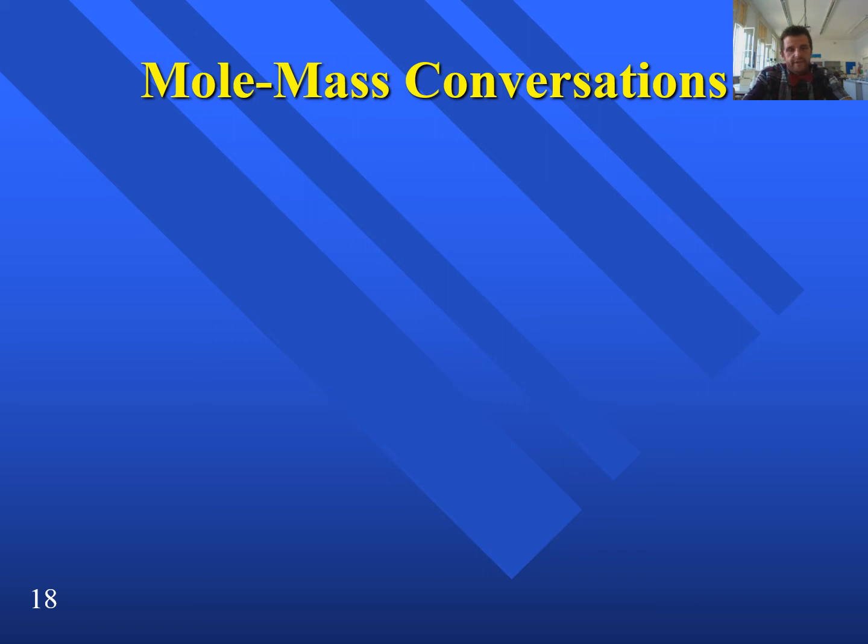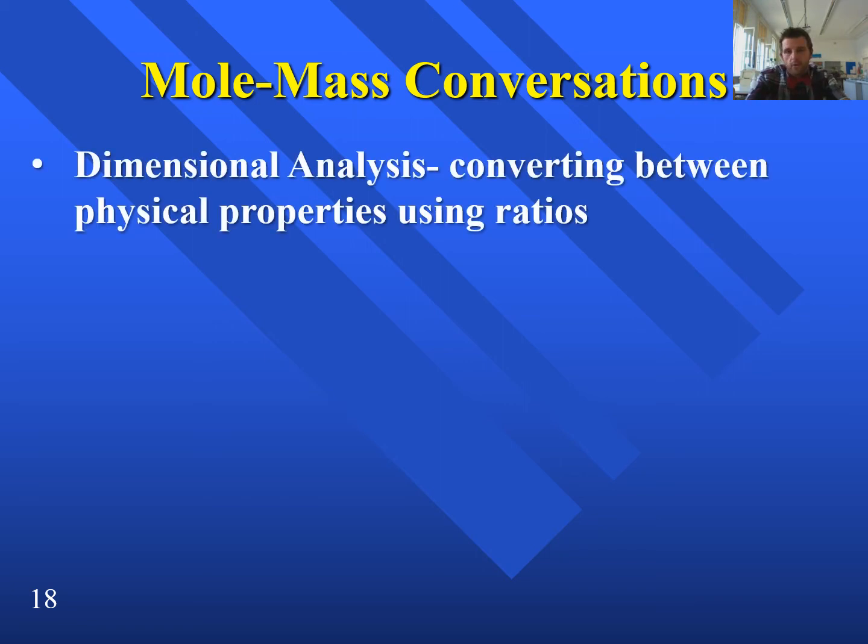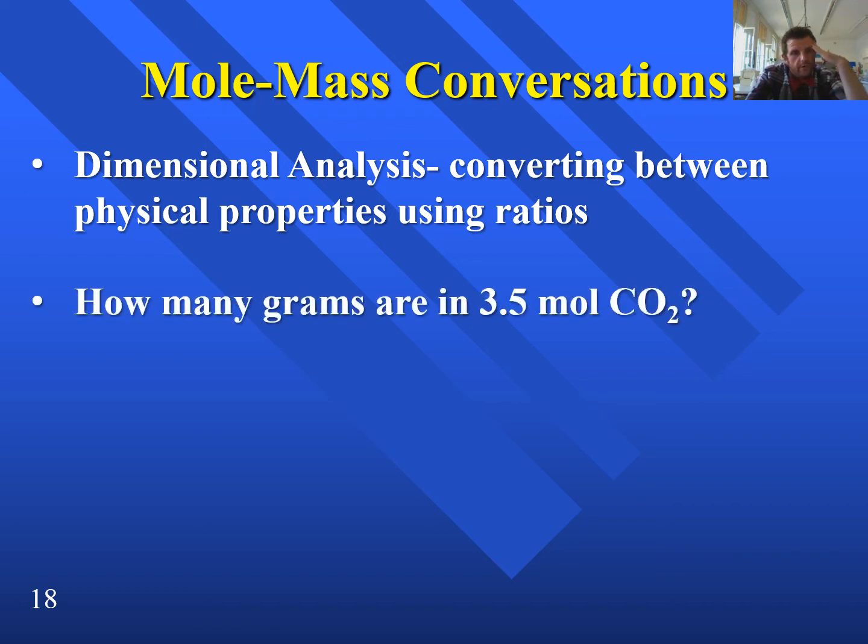Alright, so now let's take this idea and put it back into the context of mole to mass. We're going to be using dimensional analysis, just like we talked about in one of the first videos. If I have how many grams are in 3.50 moles of CO2, I'm going to start by figuring out how many grams per mole there are. So I'm going to do 1 carbon, so 1 times carbon is 12.01